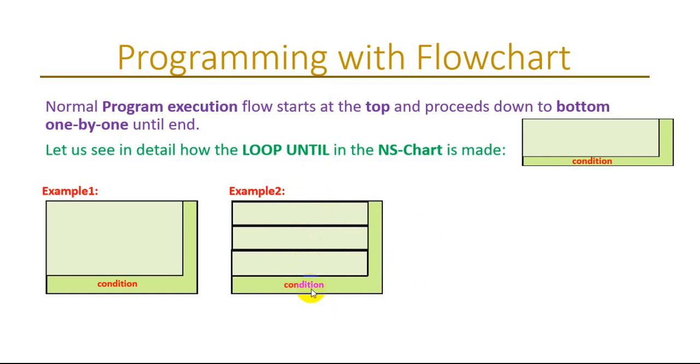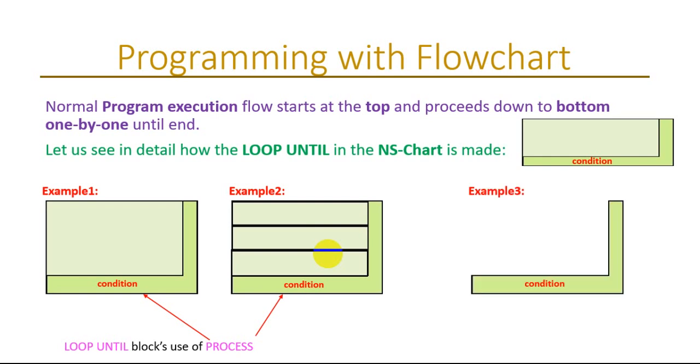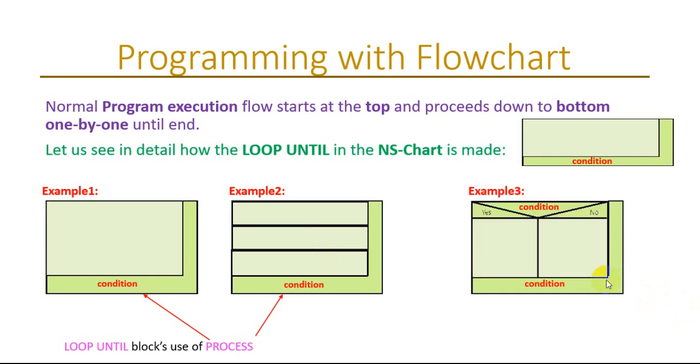Okay, so until the condition is false, you keep repeating this. You don't repeat whatever is on top, okay? You only repeat whatever is covered by this loop. That area only gets looped, okay? So same as loop while, where the condition is on top, in until the condition is at the bottom. So the third example, we are going to use this until condition,